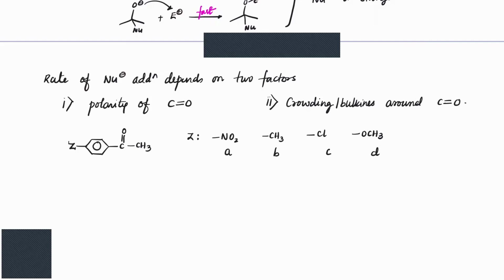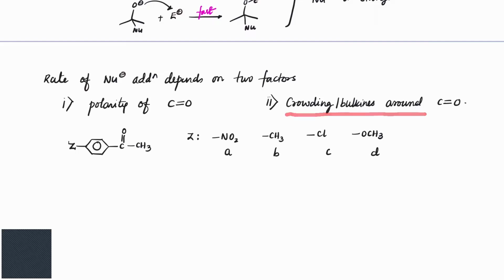Second, is there enough crowding or bulkiness around C double bond O? So check, if you have C double bond O here and a Z group here, for example, and that Z group is any of these four,